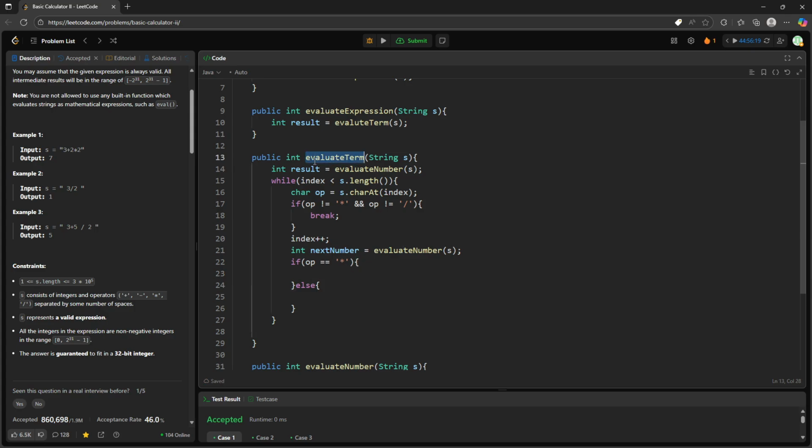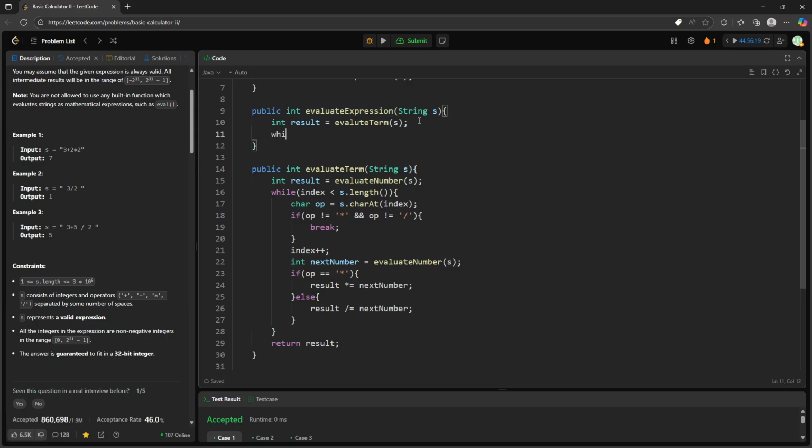literally, I just have to say result multiplied by the next number, and then vice versa for division, it's going to be divide, then you'll return result. Alright, once this is finished, the remaining code in the evaluate expression is going to be the same, but you are going to deal with